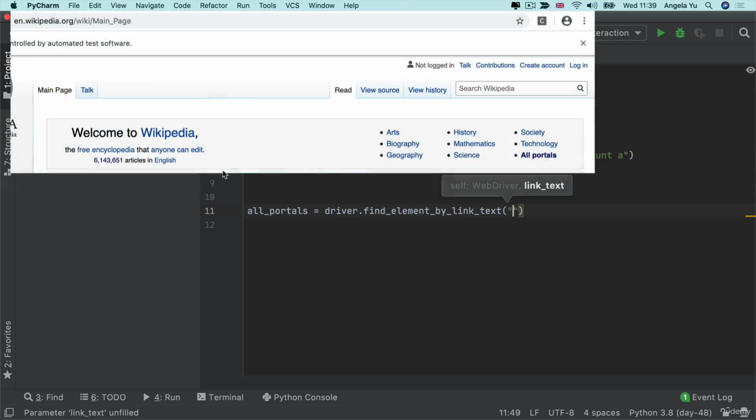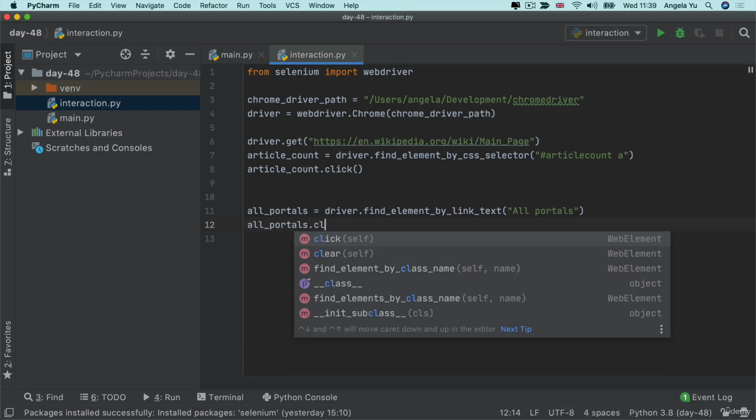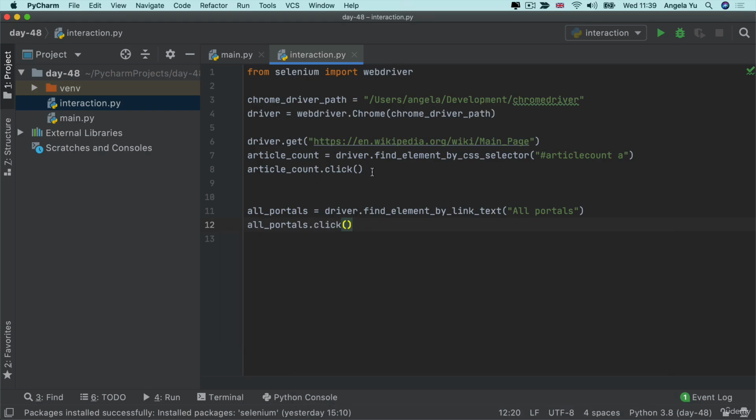And all we have to put in there is the link text, which said all portals. So now I can say all portals.click,